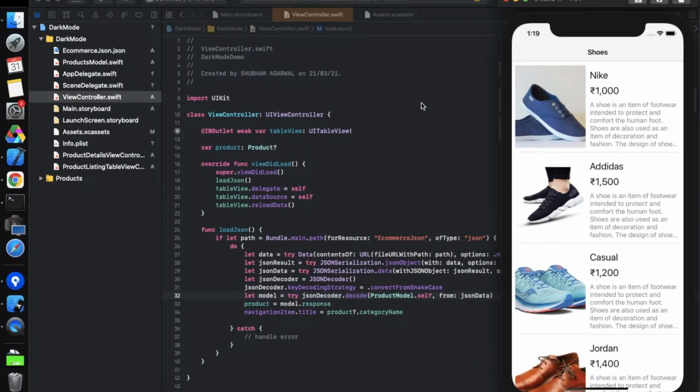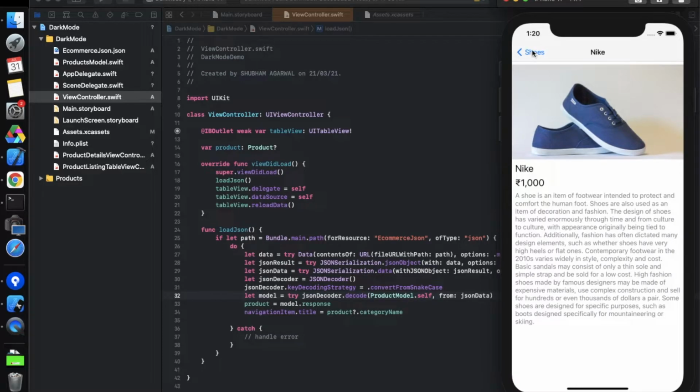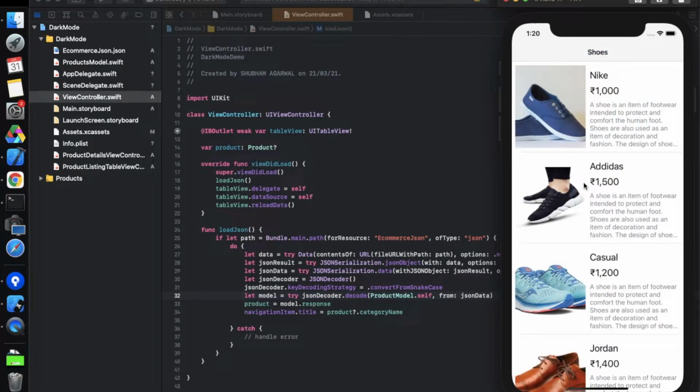So this is the startup project on which we are going to implement the dark mode functionality. If you want to get this startup project, the link is mentioned in the description or on the I button. You can download it and come along with me in this development process. In this startup project, we have a list of all the shoes and the details. I've taken this from my previous video, a very cool video on how we can implement the collection view inside the table view cell. So please, if you don't know that, watch that video also. The link is mentioned in the description as well as on the I button. And let's start this functionality.